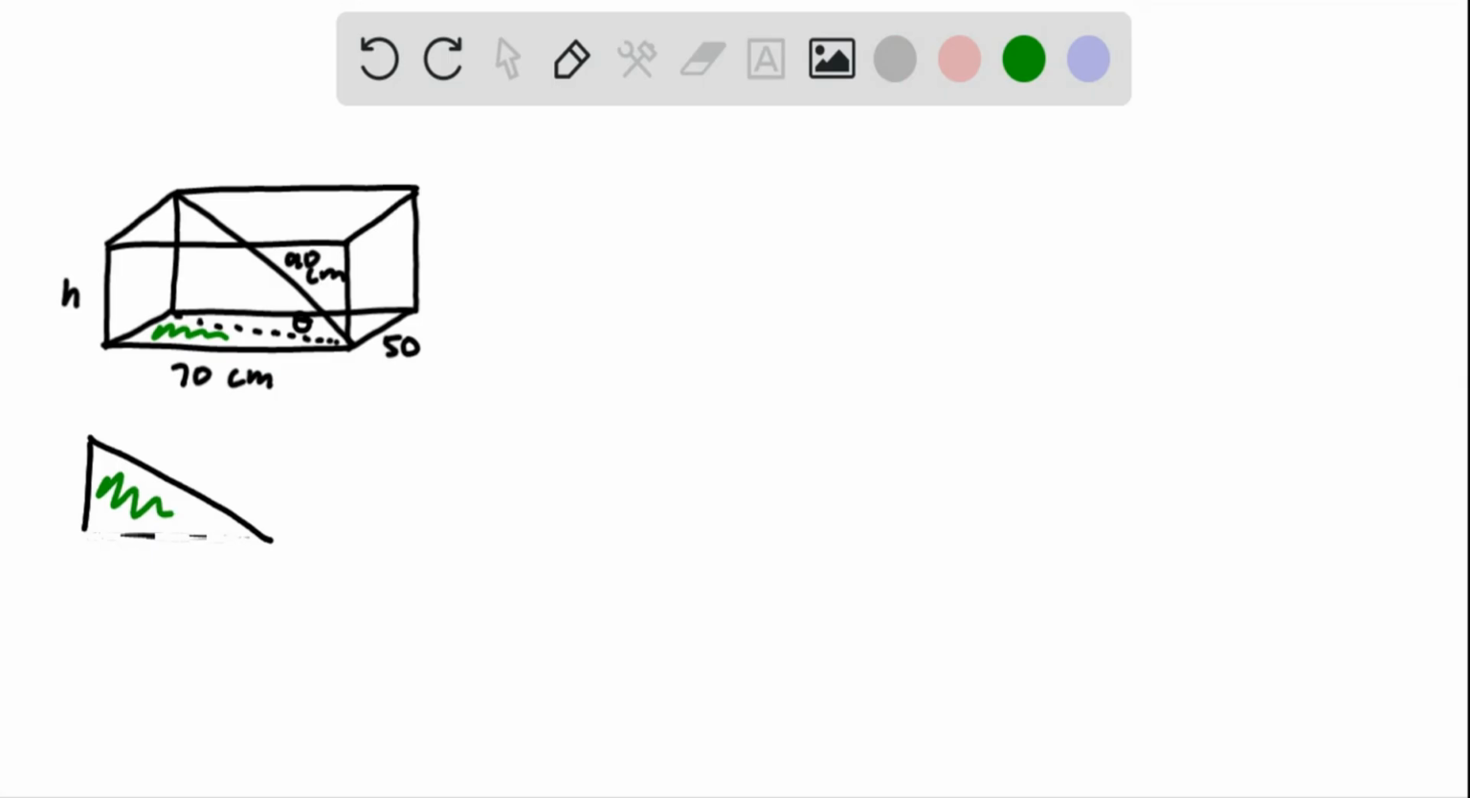And so we can say that this is 70 centimeters, this is 50 centimeters, and so we can try to find our hypotenuse. So we know that 50 squared plus 70 squared is equal to, let's call it h squared. Actually, no, we can't call it h because our height is called h, so let's call it y. So y squared